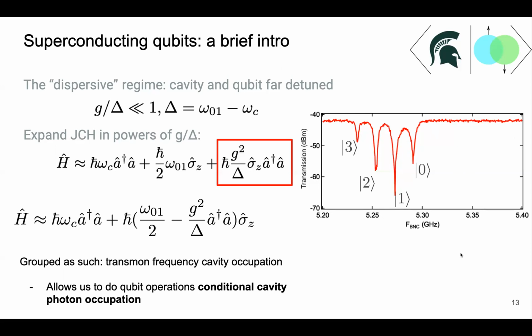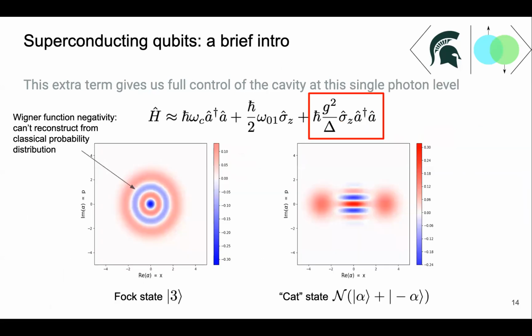Okay, so using this toolkit on the previous slide and on this slide, we can conditionally drive the qubit, conditionally drive the cavity, dependent on things like their coupling to each other and their relative losses. And this allows us to prepare and measure non-classical states of light in superconducting qubits. So these are simulations. I did not take this data, but what this might allow us to do is prepare